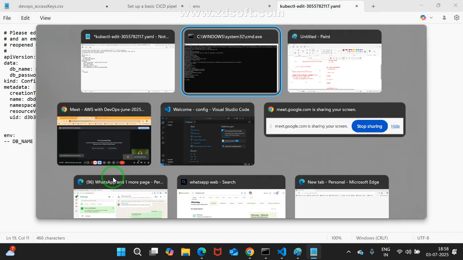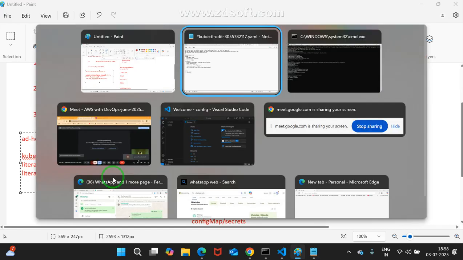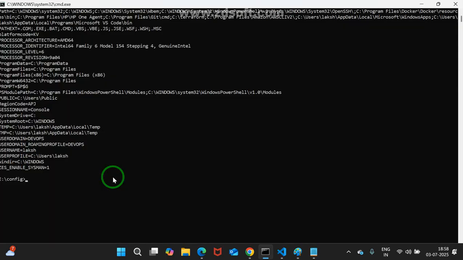I have shown somewhere that multiple things are in uppercase, right? Suppose somewhere you see windir, I may mention it in lowercase, but by default the system will take care of uppercase only. That is the standard rule. You can give lowercase also, no problem. It will work 100%, but the standard procedure should be uppercase.